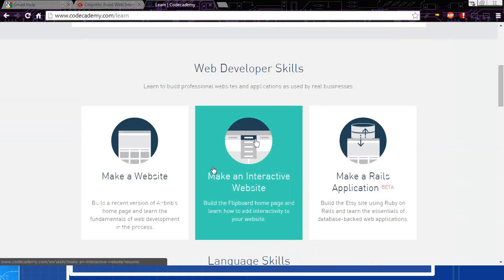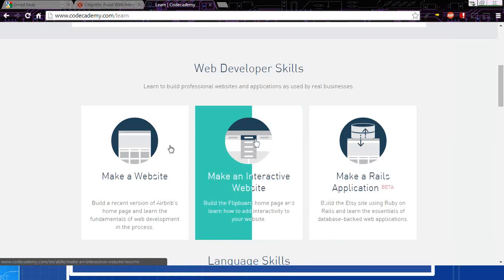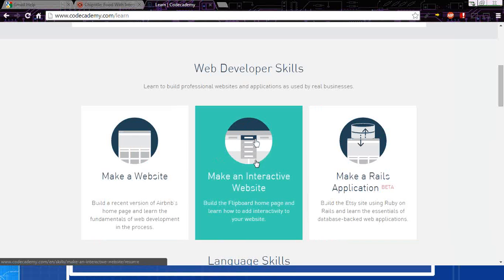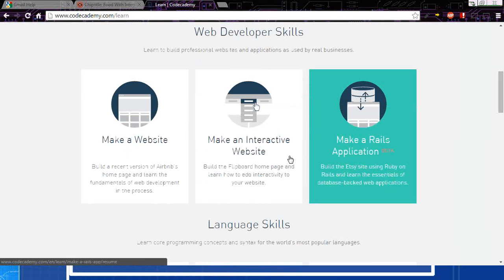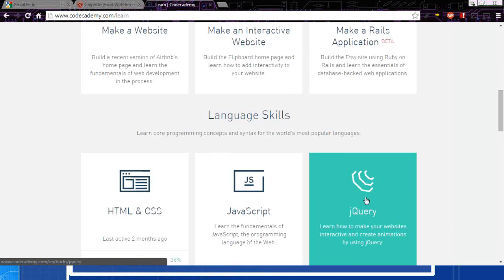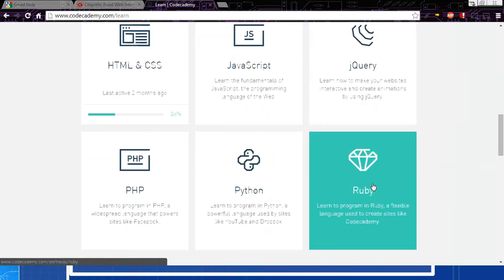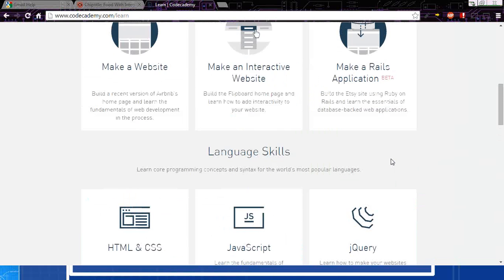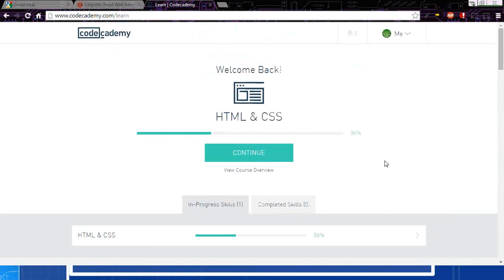It also tells you what other classes are offered, so you can quickly learn how to make a Relic application, which is in beta, or you can learn JavaScript or jQuery. All of these things are very handy when you're learning how to code, obviously. So we liked this a lot because it's a very, very guided journey, and we want to do, at some point, something a little bit more interactive that gets our users from point A, I want to read a book, to point B, reading that book after I borrowed it from my library.